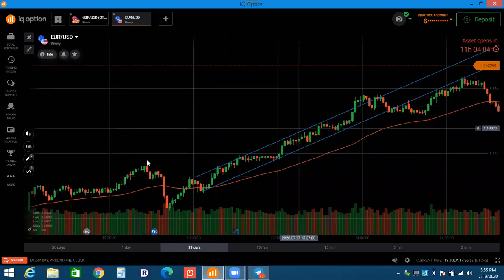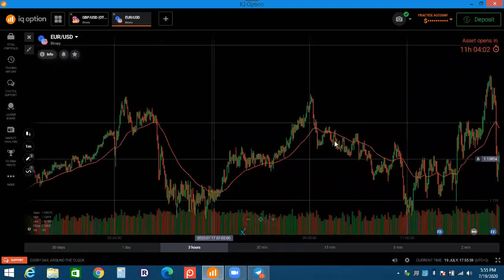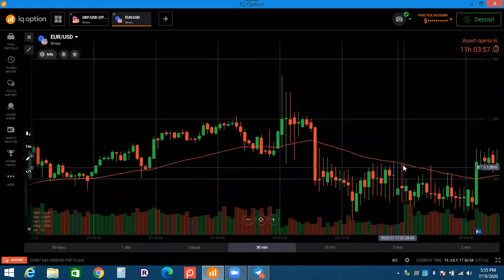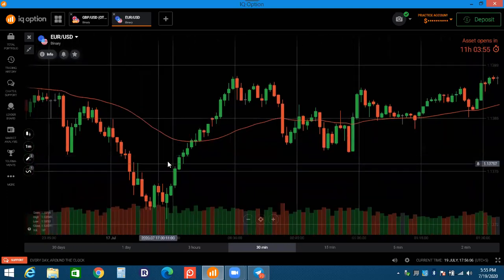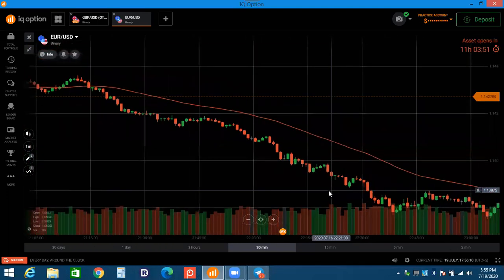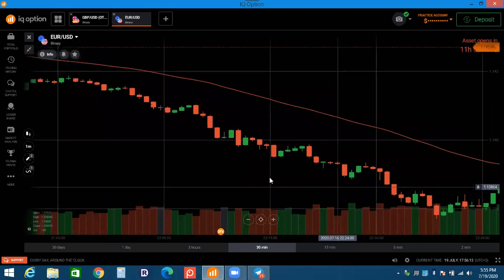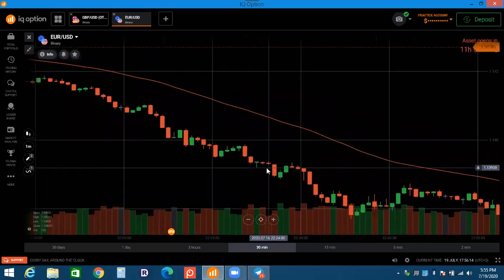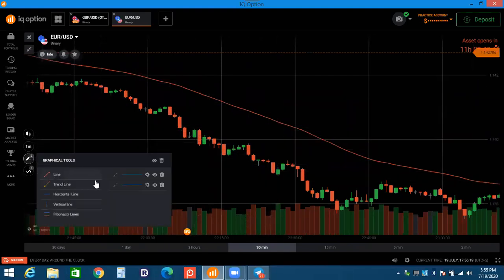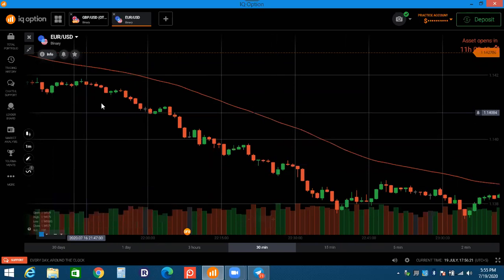This is not a good trend. I will show you the good trend, then you will see how the market is working. Sometimes you will see this is not a good market. Just for your confirmation, I will show you. So here, if that is a trend, look at this. In this trend, the market is moving down and we just need the support and resistance line.